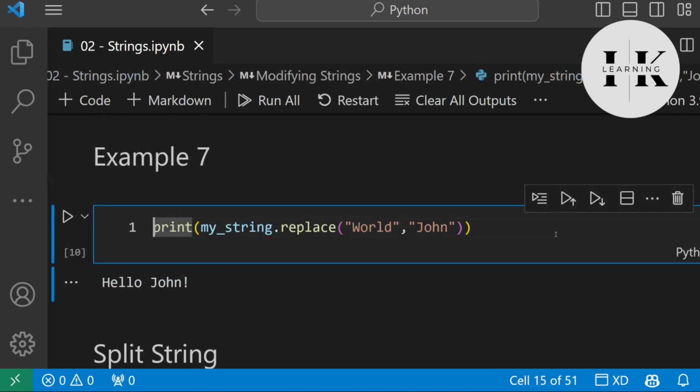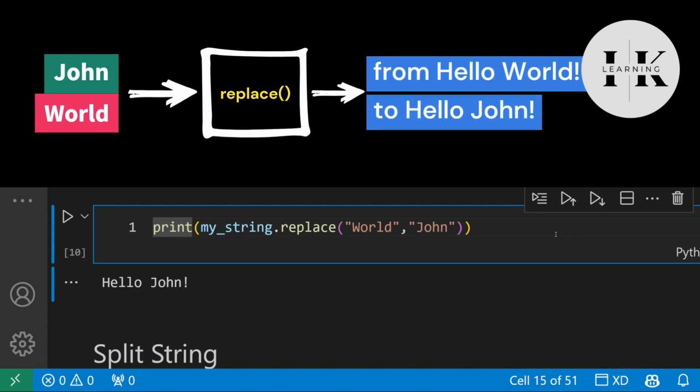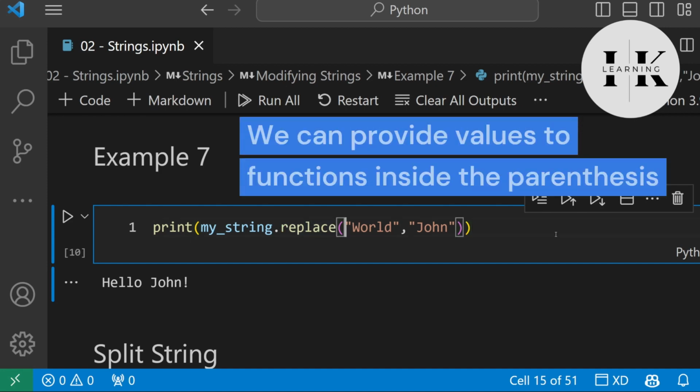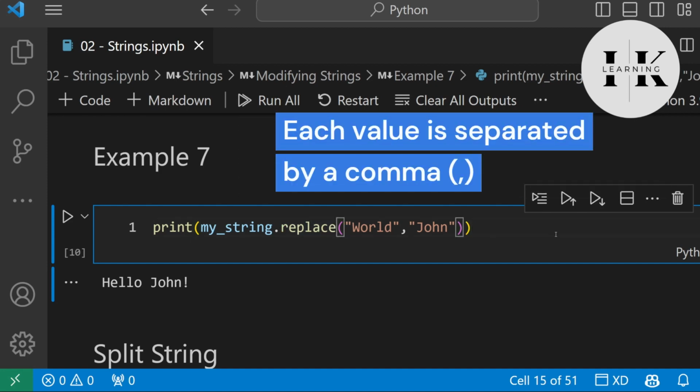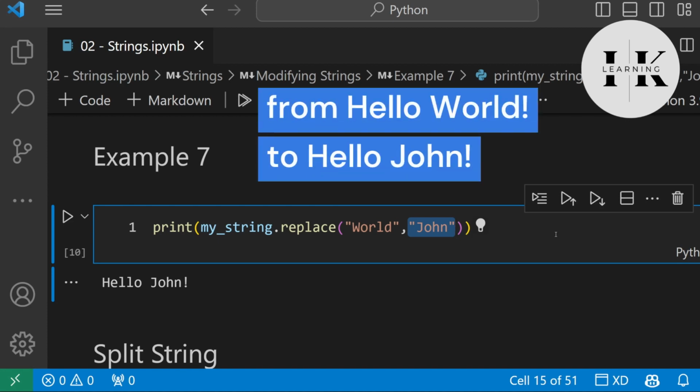Now the next method is a bit different. The replace method essentially takes a word or a string within our current string and replaces it with another word or string. The way that we can use it is by calling myString.replace, and then we're going to give it two inputs this time. The first input is going to be the word that we're looking for, the word that we want to replace or remove from our string. The second input is going to be the word that we want to replace it with, essentially what we want to plug into our new string. So in case you don't remember, my string had hello world inside of it. And now we replace the word world with John. So now our new string is hello John.